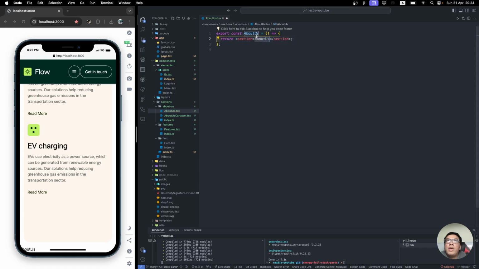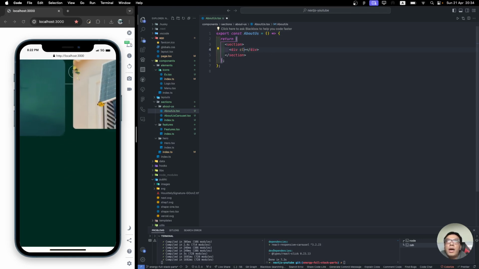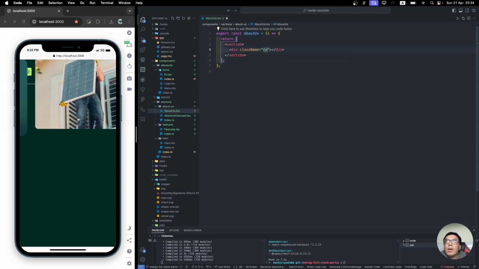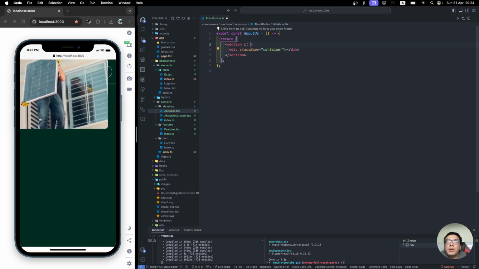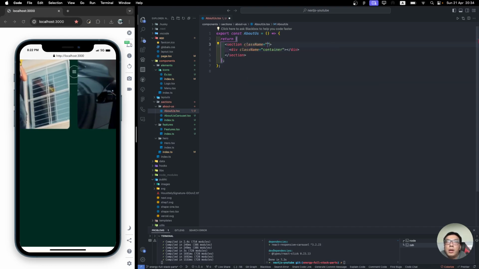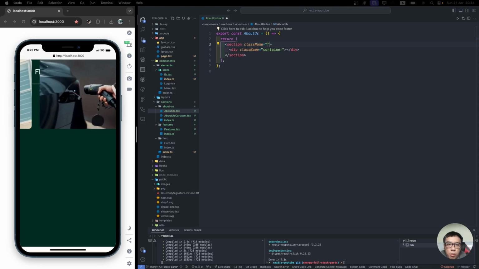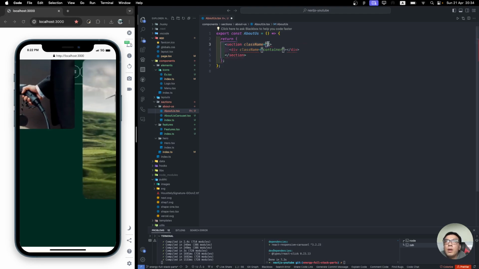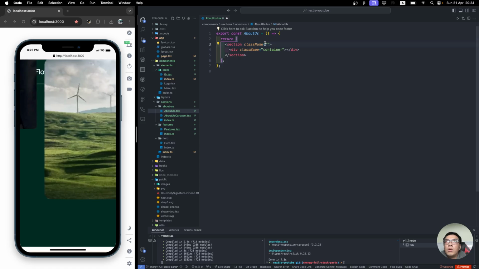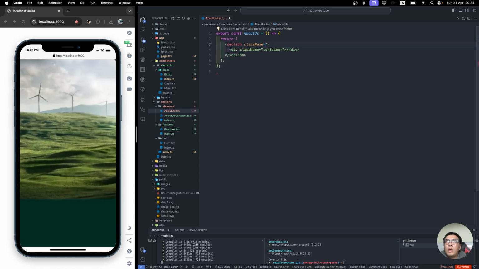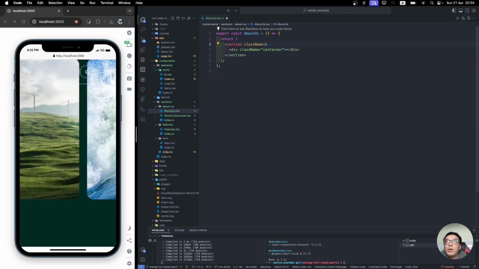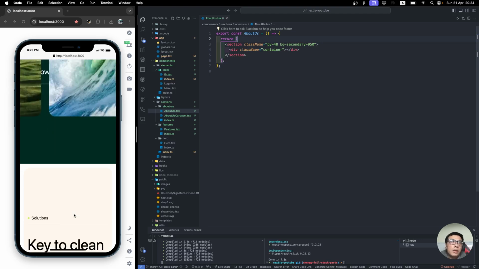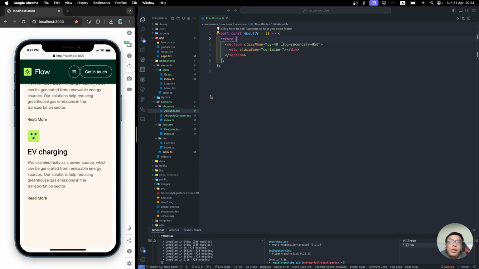Okay, so first thing, you guys need to have the sections. Second thing is the container. So the container is going to have the class name container, and the sections. Next up, I will copy the code that I already done for us in here. Okay, first is the sections, right? Let me check, is it already there? I don't think so, right? Okay, the next step we're going to have